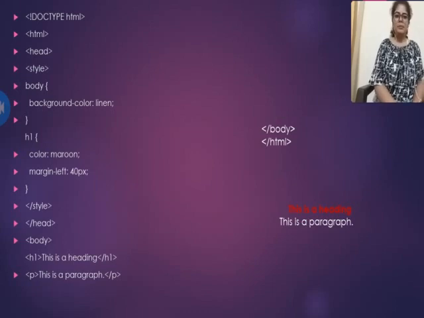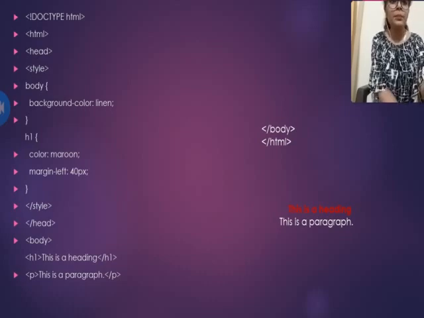So the heading is displaying in maroon color and there is a margin on the left hand side of the heading of 40 pixels. And on the background I have applied linen color. So it will apply the linen color to the background.